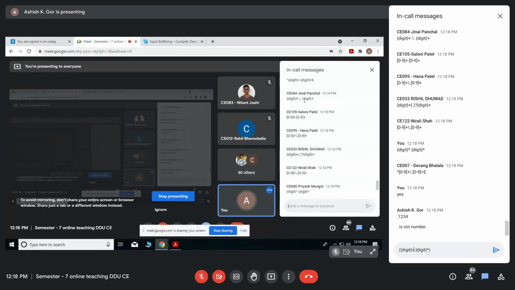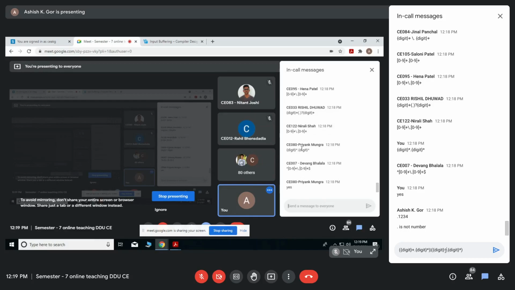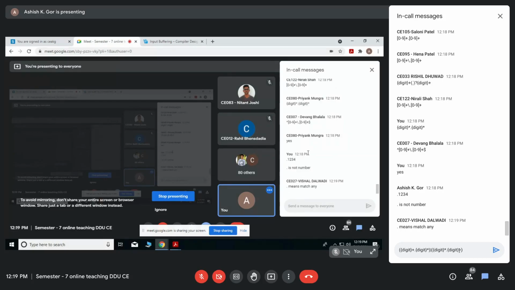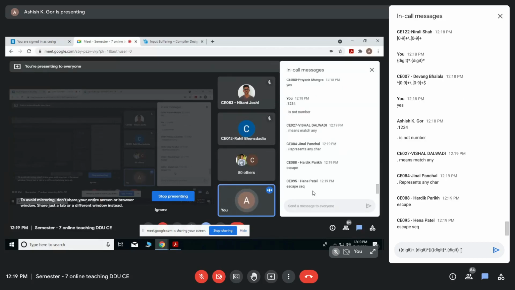But if you want to write a general one, then yes, Nirali has included backslash and then dot. Can you explain, Nirali, why you have included that backslash and then dot? What is the meaning of that? Dot means match any. Yes, very correct.